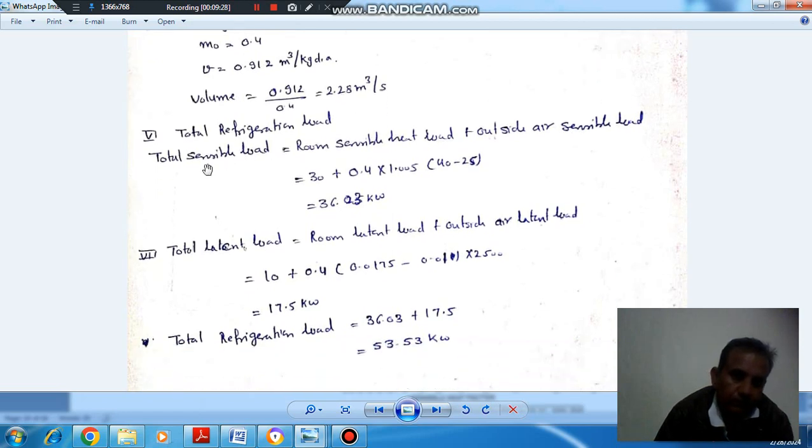Total refrigeration load is the total sensible heat load, that is room sensible heat load plus outside air sensible heat load. Room sensible heat load is given, that is 30, and for outside air, 0.4 kg per second, the temperature difference between outside and inside is 40 minus 25, and Cp is 1.05. So room sensible heat load is this. Similarly, room latent heat load is 10, and for the outside air, the latent heat load involves the difference of specific humidity, and 25